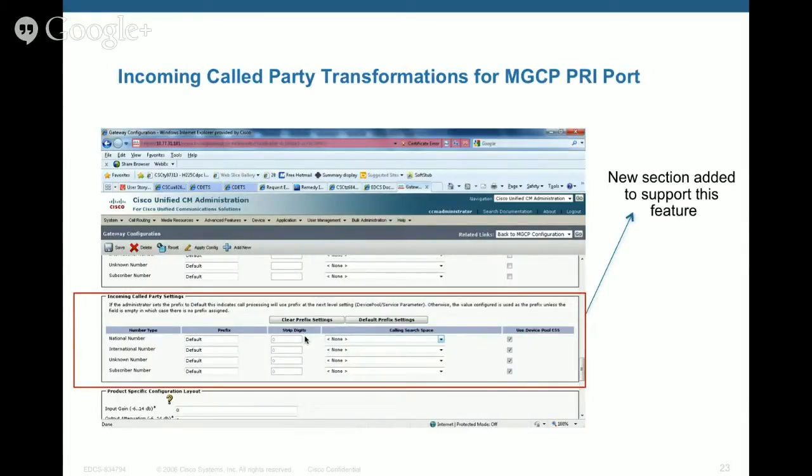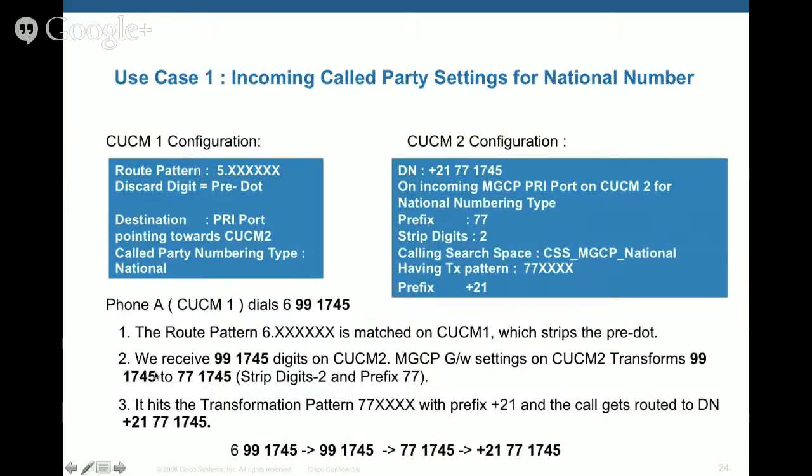This is the new section which got added to the call manager to support this consistency across all the protocols. Here we are seeing each row for each numbering type: national, international, unknown, and subscriber. So, use cases. This is for the national